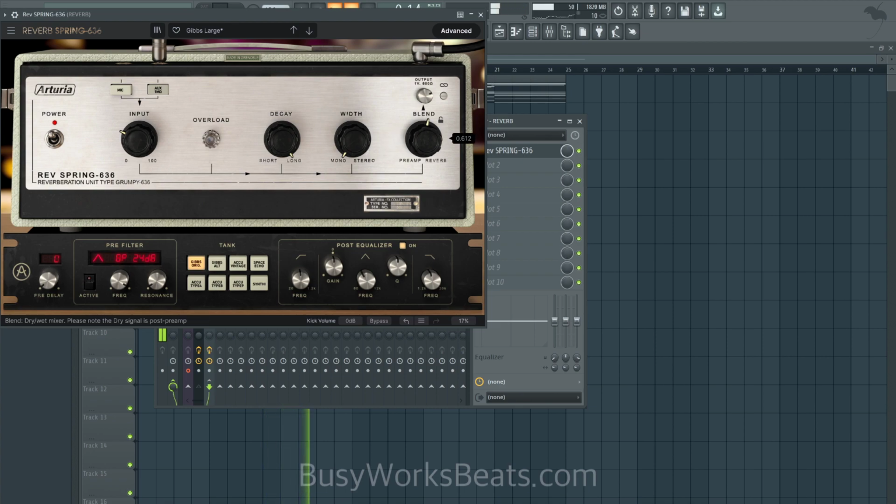So this is a blend of, this is the mix level. So let's turn that all the way up. And what else? There's a lot of knobs in here. Oh, there's a pre-filter right here. I didn't notice this. Let's add a little pre-delay. Yeah, Arturia went above and beyond with their Space Echo. Sounds cool.